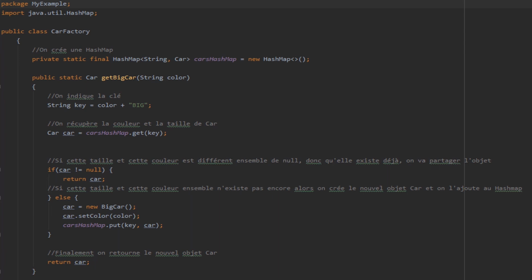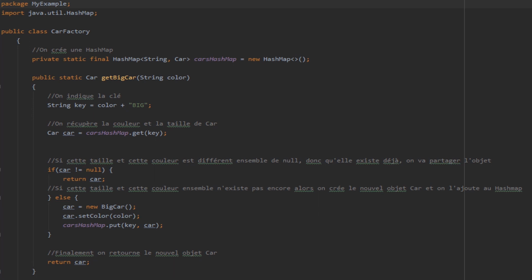Then if the car is null, so we are in the else, it means that it has never been created before, so we will create the object. So a BigCar, and we set the color with the argument that was added. And we add it to the HashMap, so we can see the next time an object like this is created, if it's in the HashMap, then it will return the shared object.